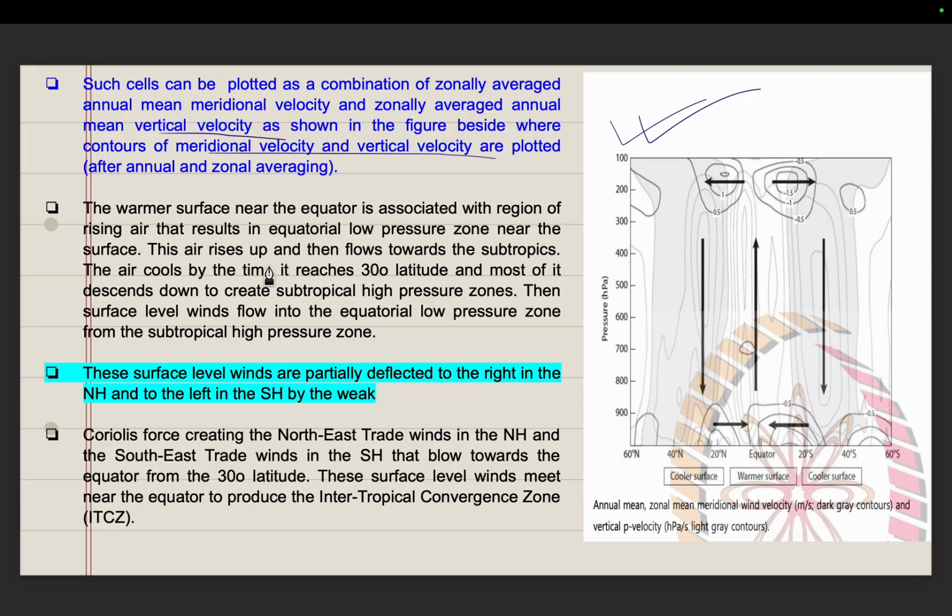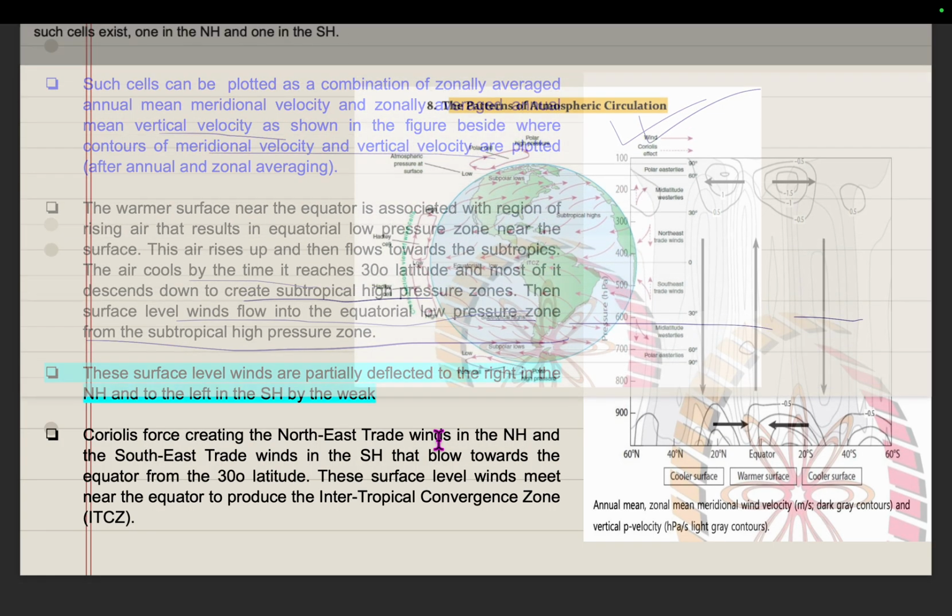This air rises up, then flows toward the subtropics, and cools by the time it reaches 30 degrees northern latitude, and most of it descends to create the subtropical high pressure zones. Then surface level winds flow into the equatorial low pressure zone from the subtropical high pressure zones. These surface level winds are partially deflected to the right in the northern hemisphere and to the left in the southern hemisphere